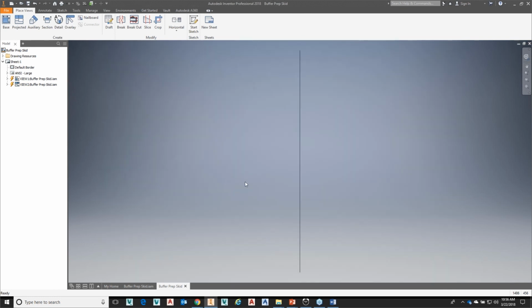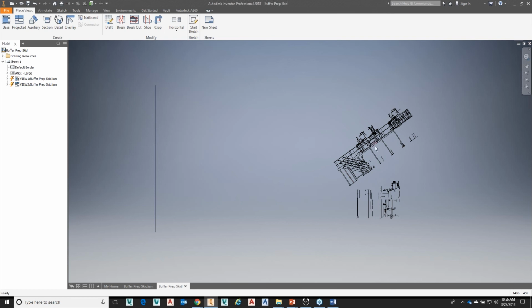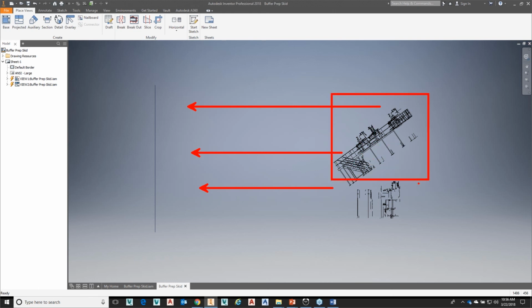And so I used a button on the 3D mouse that lets me look at the edge of the paper. So this line is the edge of the paper, and it actually inserts a copy of the assembly behind the paper and projects those lines over to the paper this way. Okay, so if view number 1 is using one level of detail and view number 2 is using another level of detail, in the background you're using more components than you probably want to. So just use one and just make it consistent through your drawings